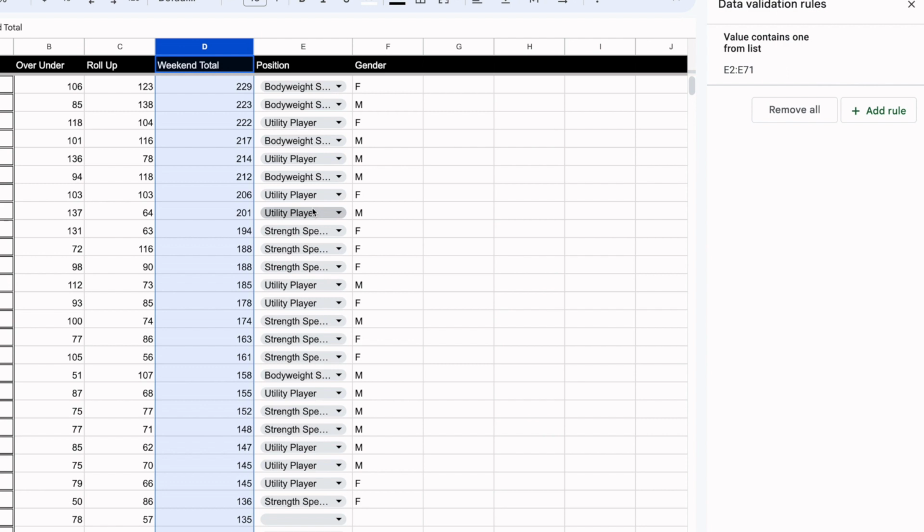Fairly even distribution. One of the other things about the Southern Conference that has been traditionally true, that will be interesting to see once we see the Northern Conference stats applied to this, is that I can't think of any strength specialists of the year that came from the South, and forgive me if I'm incorrect. The North generally has strength specialists of the year as a part of it. So it'll be interesting to see how that plays out. And the South does typically win bodyweight specialist, except for Quentin, obviously. But the bodyweight specialists tend to be focused in the South. So we'll see how this plays out.